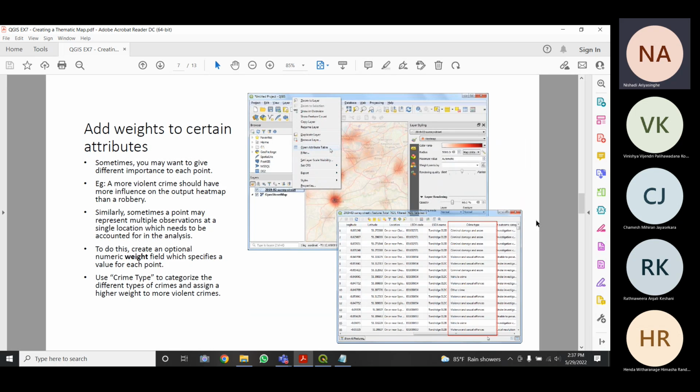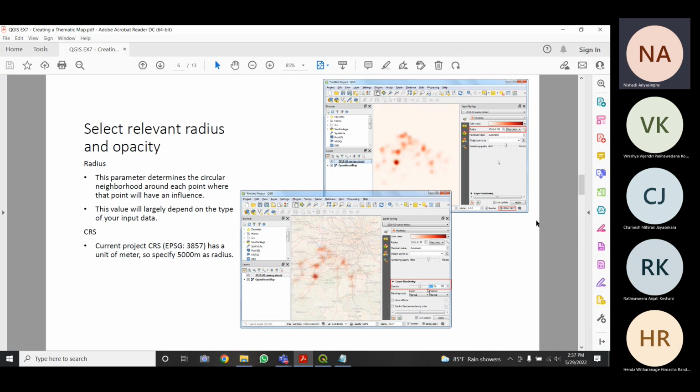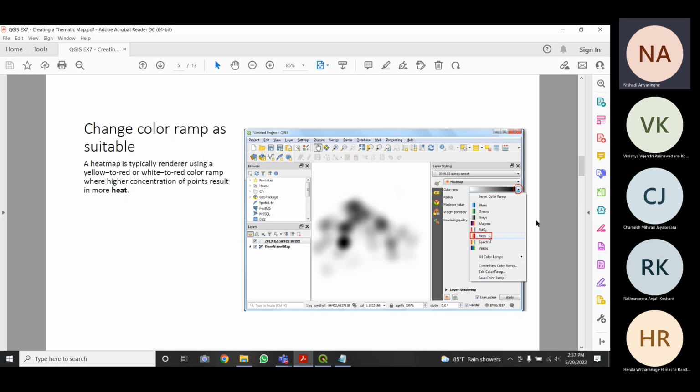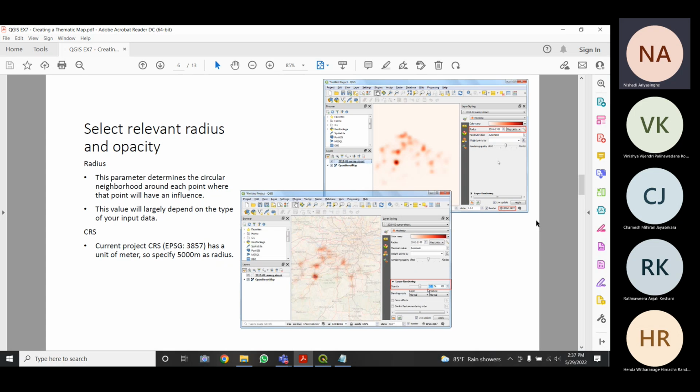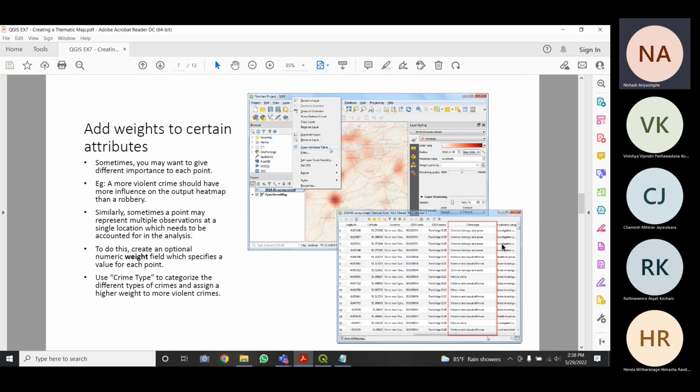So you just follow your handout. Nothing outside from there needs to be applied. Just follow your handout, and you will be successful when creating the heat map. The only thing is you have to change the values of the settings to see which is the best value to clearly visualize the heat map. And you can also change the styling, the color ramp and all to clearly visualize the heat map, right?